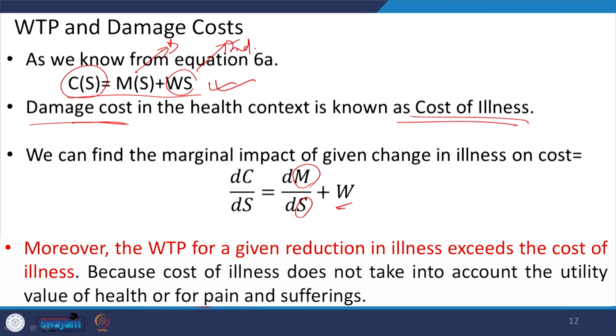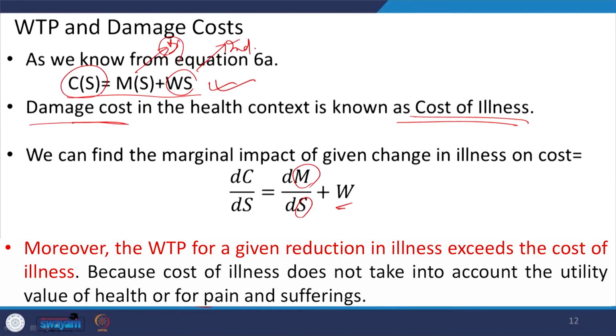In calculating the cost of illness, what have we taken into account? We have taken into account some direct costs and some indirect costs, like medical expenditure under the direct cost category. And in indirect costs, we have taken into account the loss of wages, or loss of earnings, or loss of output. But in the utility functions that we have already discussed in averting behavior expenditure, we